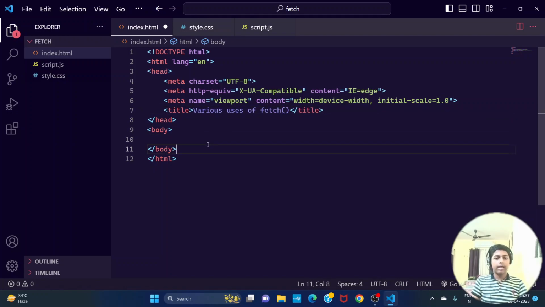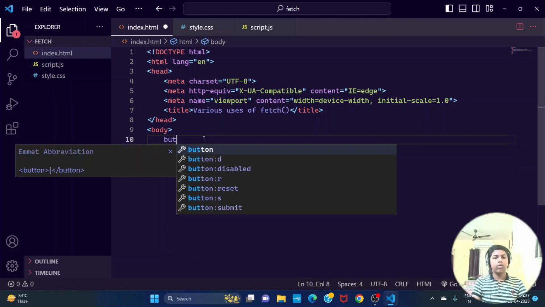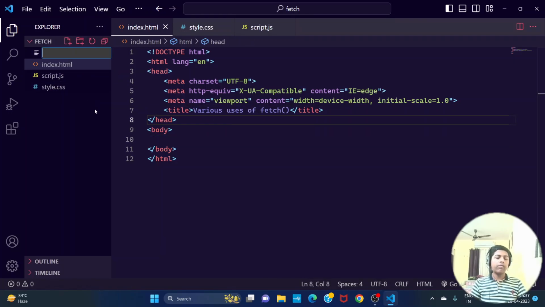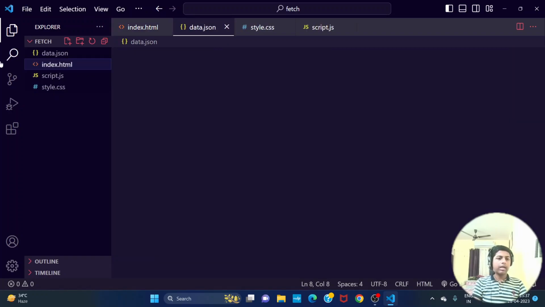After that, let's make a button here to show how it's going to work. Okay, so even before that, let's see the most basic use of fetch is to fetch JSON files. Either it can be an offline file or an online file. You can fetch online APIs because APIs are also in the form of JSON, so they are all fetched by using fetch. And you can even make a simple file here and say like data.json,